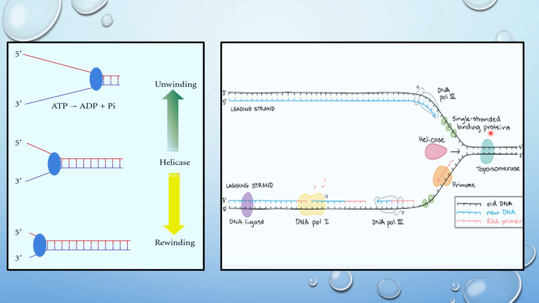Here in the second diagram, topoisomerase is shown. This is basically the gyrase enzyme. This gyrase enzyme is attached at a distance from the helicase enzyme. This is the fork of replication. Here the replication process is going on after the unwinding of the two DNA strands. The gyrase enzyme is attached at a distance from the helicase. Here it will cause negative supercoiling. It will prevent the coiling of the DNA molecule once it has been uncoiled by the initiator protein.